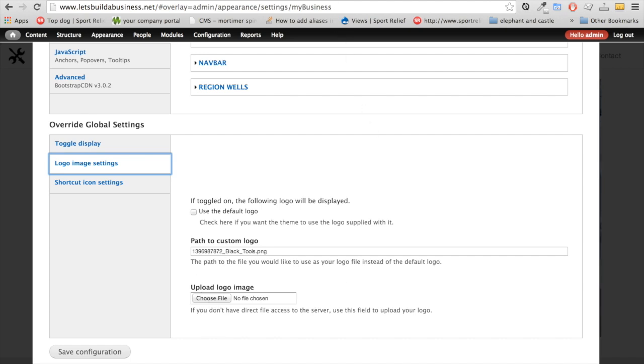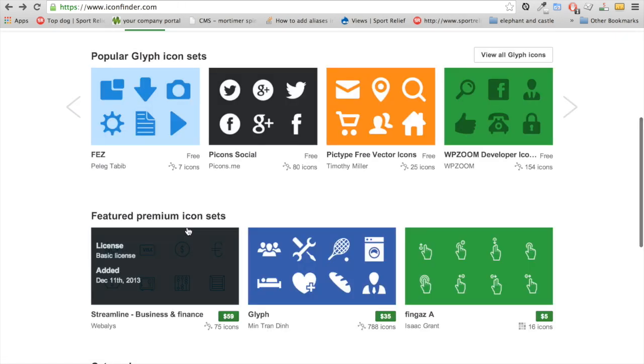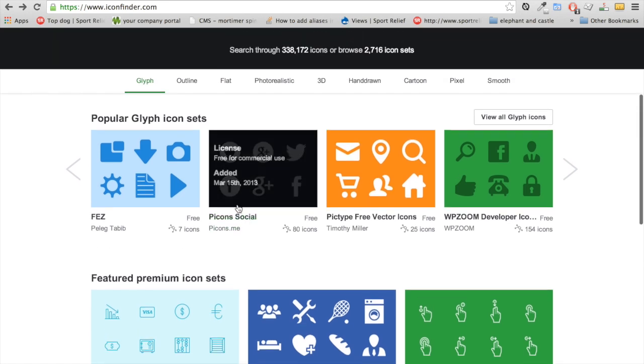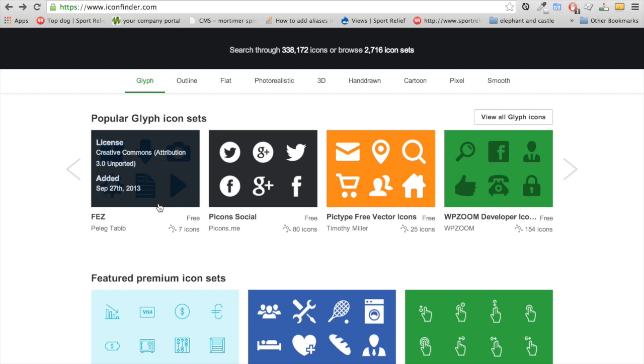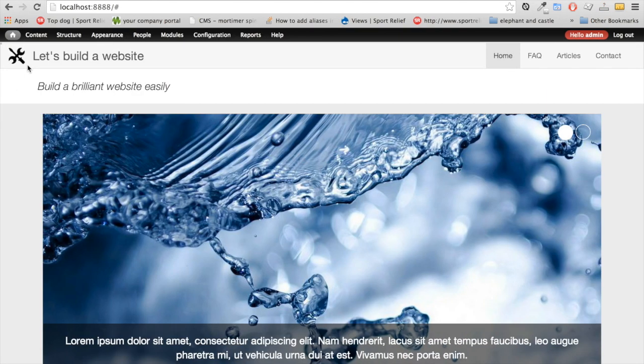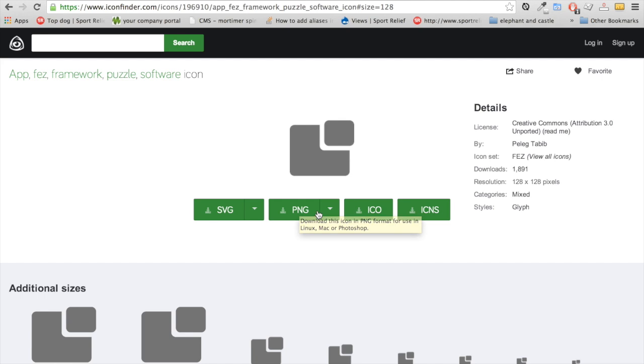This is a handy website that you can use. It's called iconfinder.com. As well as having a bunch of premium icons which you can buy, they also have a lot of free icons. The one on my website at the moment is one that I got for free off here. So all you need to do is find one that you like, download it as a PNG,